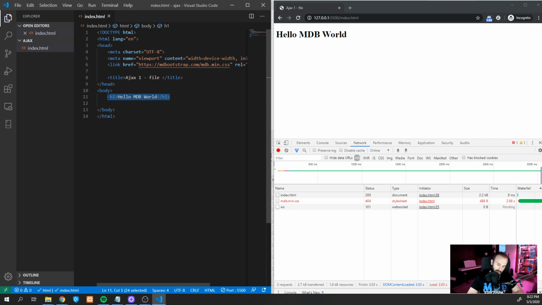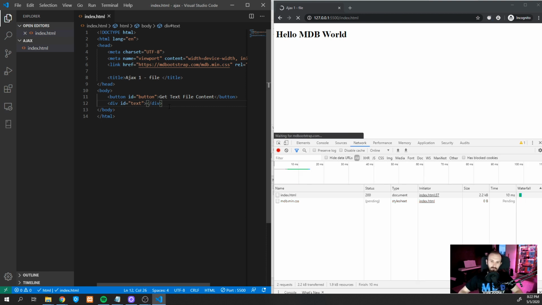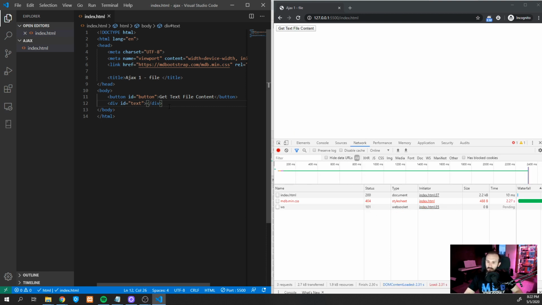refreshing the page. So I'm going to add a button over here with some ID, so we could use it later for JavaScript. And let's say, get text file content. And I'm also going to create a div over here, which is going to be our placeholder for the content of the file, which we are about to